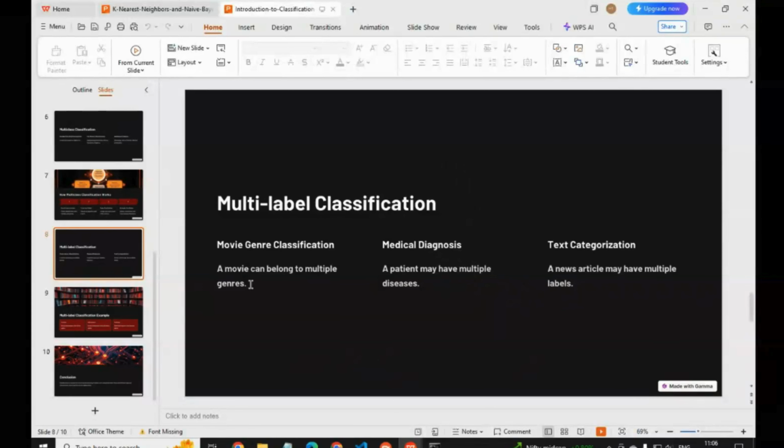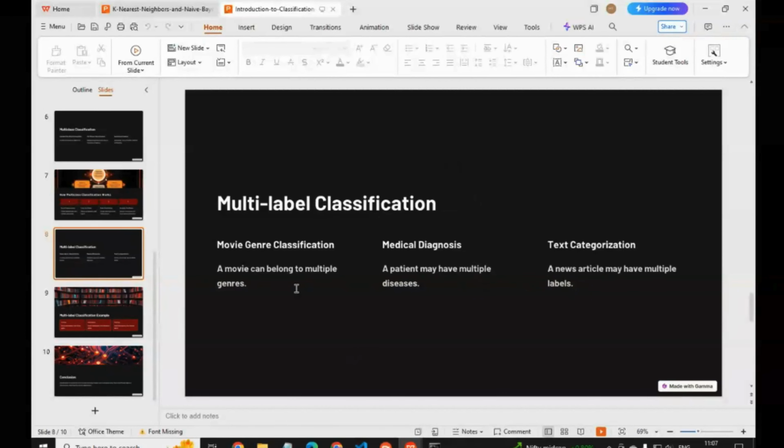An example of multi-label classification is movie genre classification. A movie can belong to multiple genres, like action, sci-fi, romantic, fighting, or animation. In medical diagnostics, a patient may have multiple diseases at the same time.